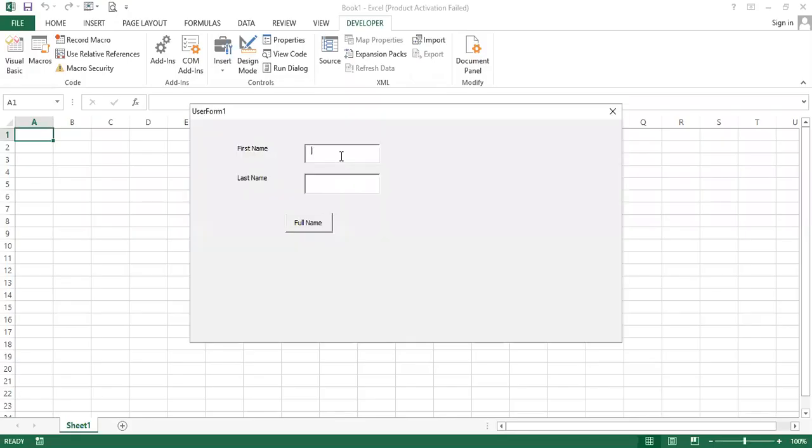Form loaded. So on text box 1 exit, the event is triggered. I have given tab, so that is why I'm entering text box 2.